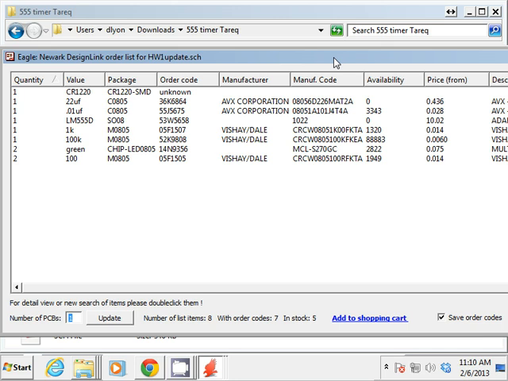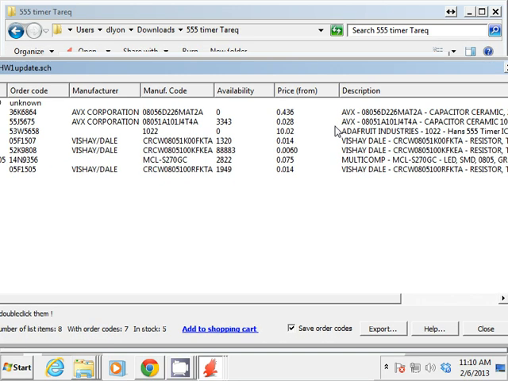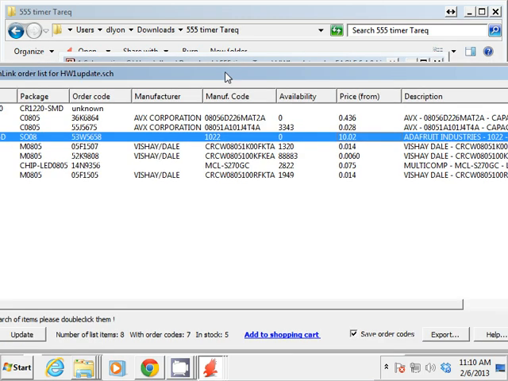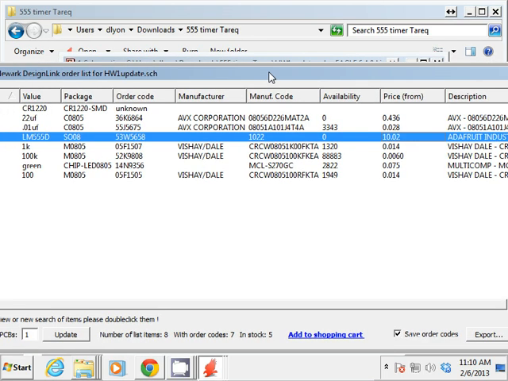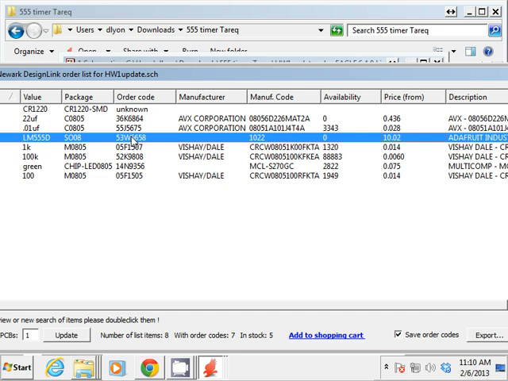And now he's checking price and availability on each thing. And finally what he gives you is a list of parts. And one of these costs like 10 bucks. What is that? The 555 costs 10 bucks? Are you sure you want that one? Because there's only two 555. Yeah? Yeah. Well, I mean,